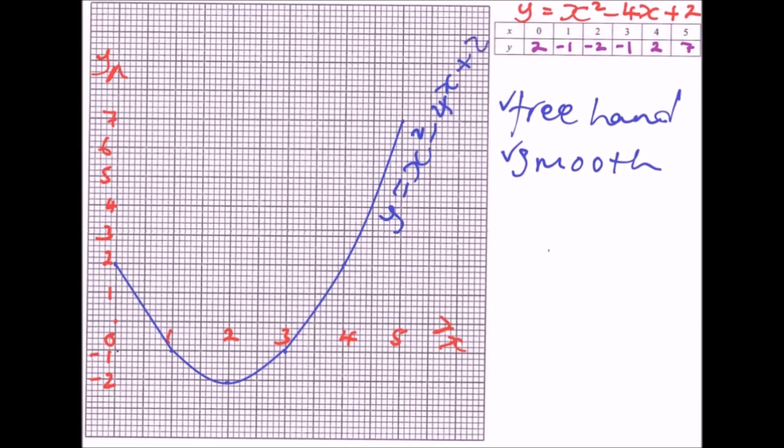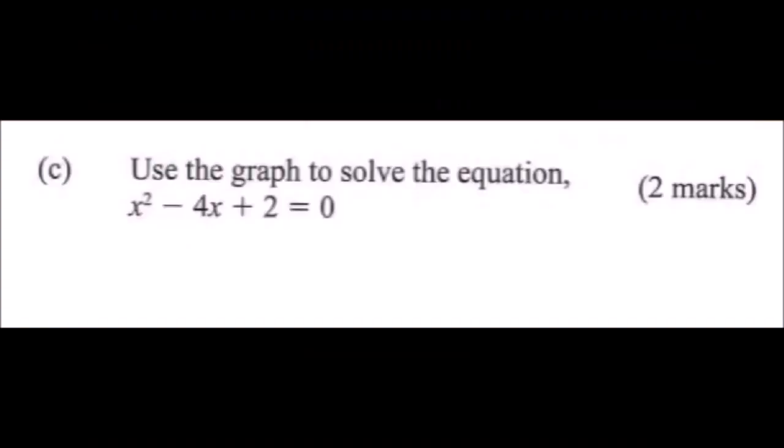So that is the function. So that is what we are supposed to plot. From there we move to the other part and see what we are supposed to do. In section C, we are told to use a graph to solve the equation x squared minus 4x plus 2